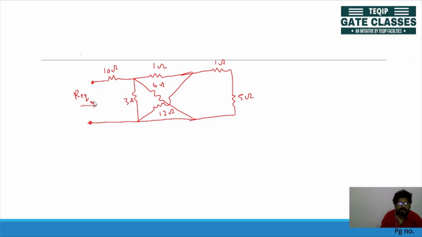Okay, so if we want R equivalent here, we have to reduce from the last, then we will not be misled. If we start from the beginning, you may think many times that 10 ohm and 3 ohm are in series, but it is not in series, because they don't satisfy the condition. They share a common node, so the first condition is satisfied, but if we have a current in this 10 ohm, that current will divide here, and the current in the 10 ohm and 3 ohm will not be the same. So this 10 and 3 are not in series, so we'll reduce from the back end. At the back end, this 5 and 1 are in series, so the equivalent resistance here will be 5 plus 1, that is 6.